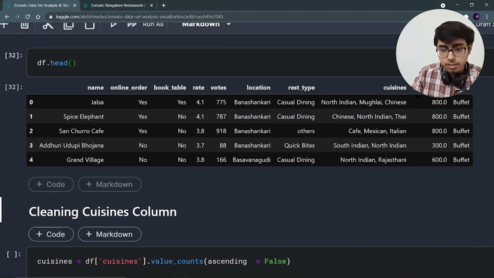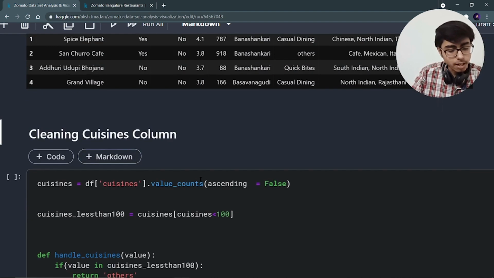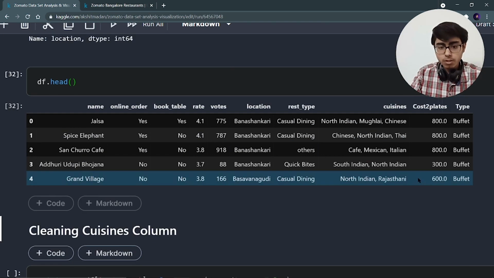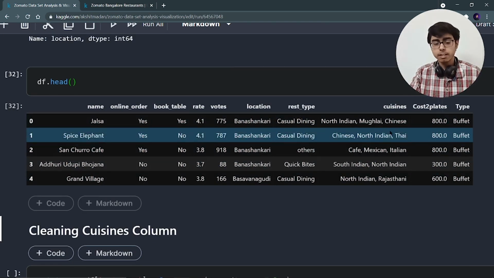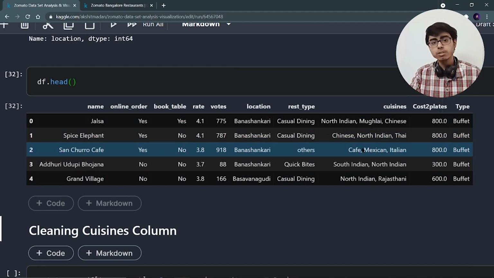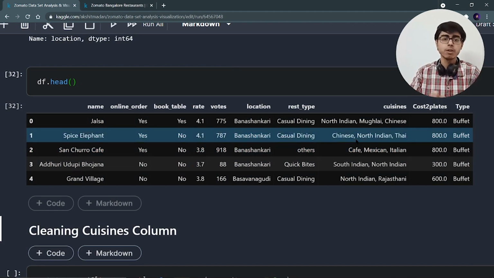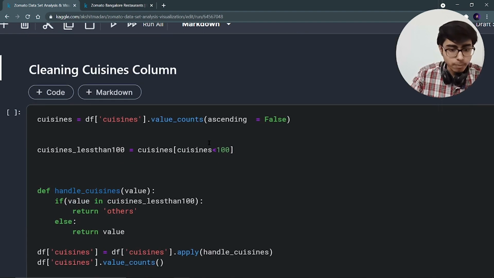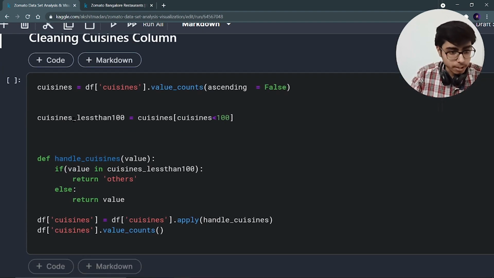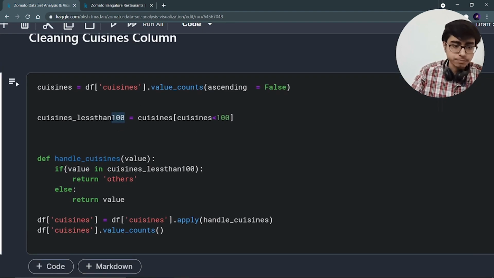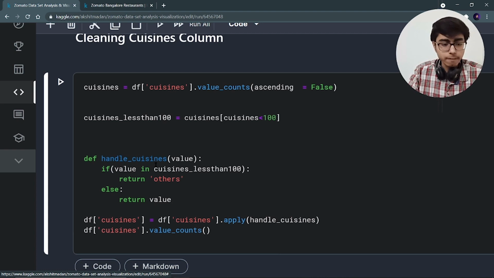So now let's clean this cuisines column. So when I run this again, same thing I'm going to do, because it contains many unique values, and a few cuisines were having like 1 to 2 restaurants. That's why I'm going to apply the same thing. I'm not going to explain again. And over here I'm going to make a cluster of those cuisines which have less than 100 values. So again I'm going to write a function.